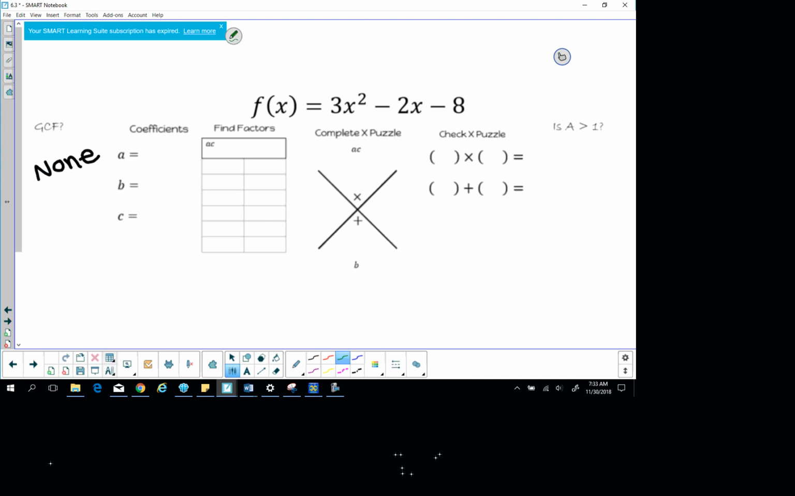What's my A here? 3. Now A is no longer 1. What's my B? -2, good. And my C? -8. And so now you actually are going to multiply A times C because it's not going to just give you C anymore. What is A times C? 3 times -8. -24. And I'm going to put -24